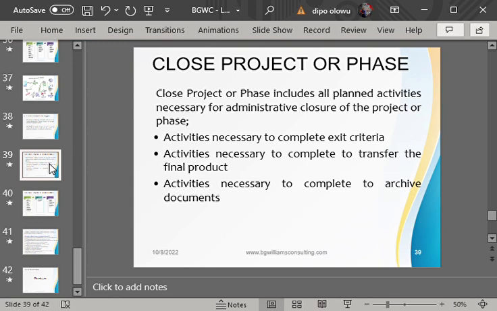For instance, in a construction project, a 3-bedroom flat, and you are building about 10 units. Maybe your office wants to provide for esteemed staff. 3-bedroom flats, 10 units in a particular location. Now you have completed the project. So closing of that project will be when, number one, all the technical work of the project has been completed, and because that has been completed, all the monies that need to be paid, all the financial transactions have been completed, and now there's a final transfer of the final product to the owner or to the organization.